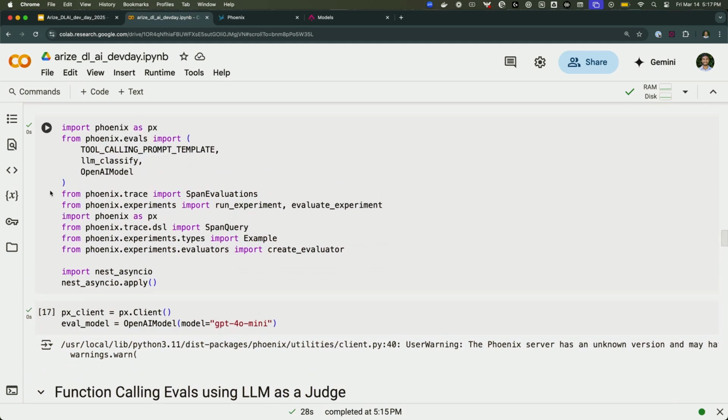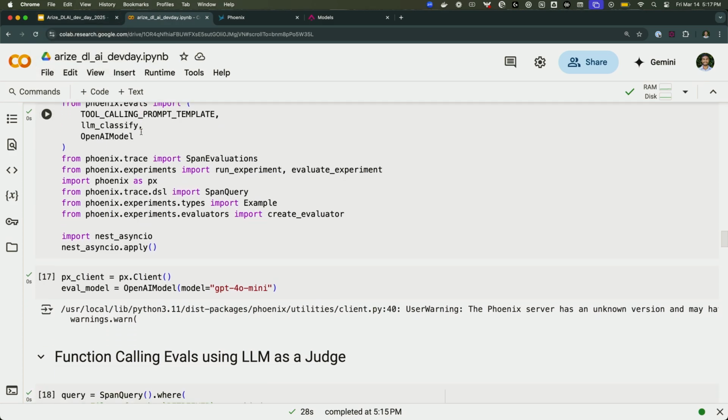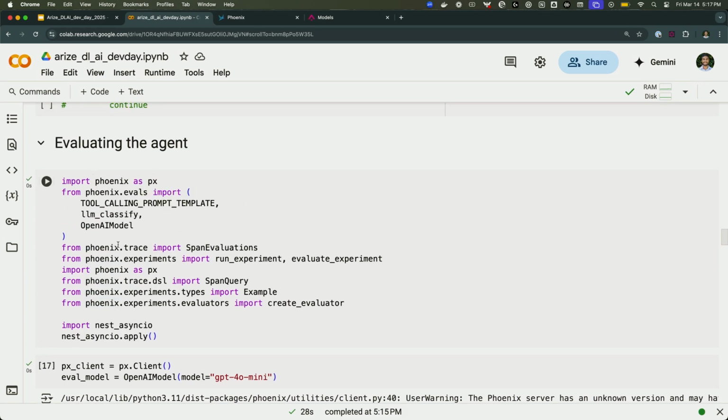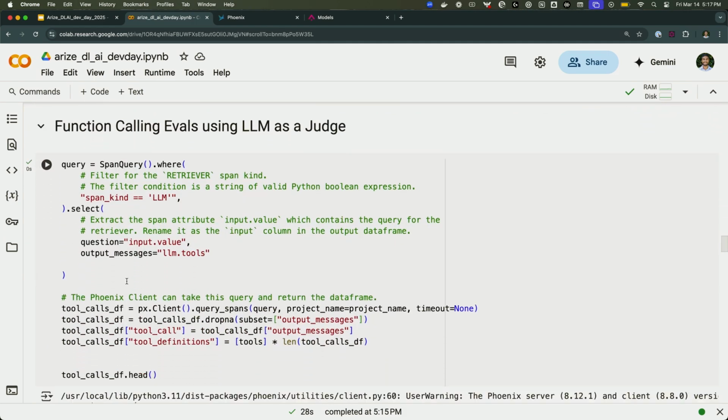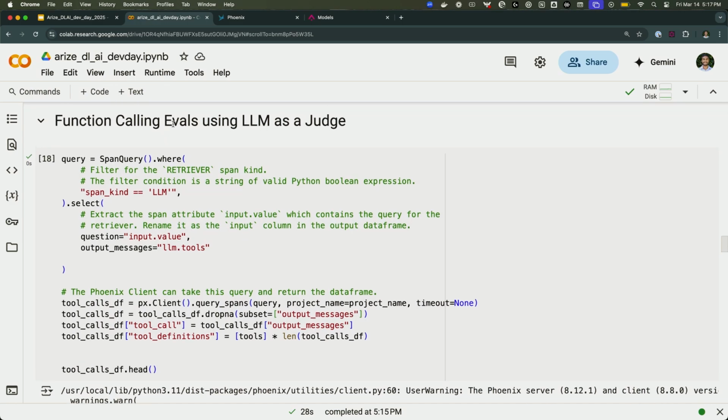What we mean by evaluation is actually using LLM as a judge, which is a term some of you may be familiar with. LLM as a judge is basically using an LLM to evaluate the output of another LLM. So you're giving it a prompt that says, check this other information and this work that this other tool is doing. I've gone ahead and set up this evaluation agent, and I'm going to run this function calling eval.